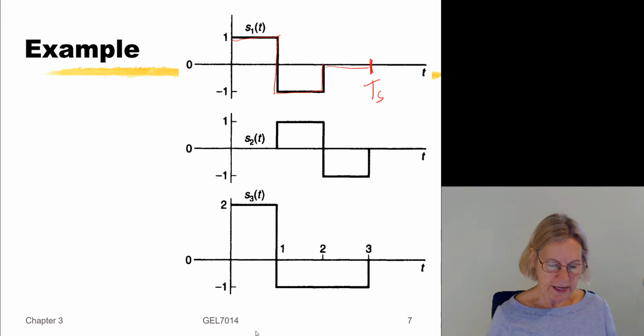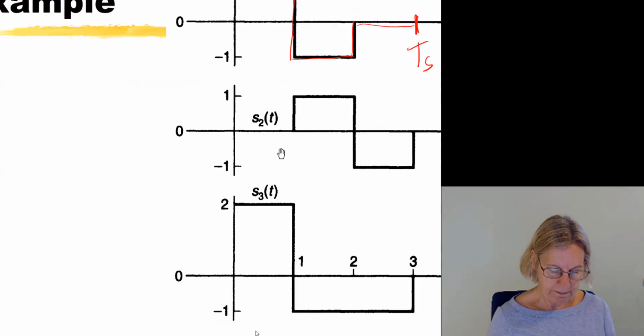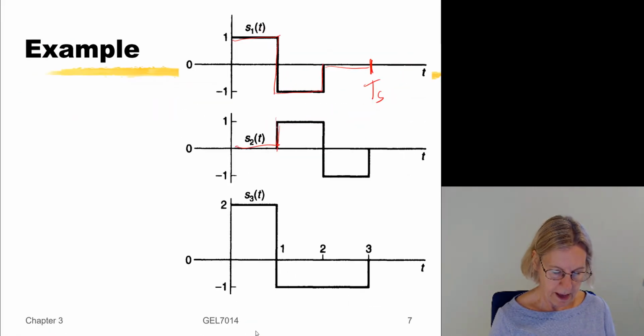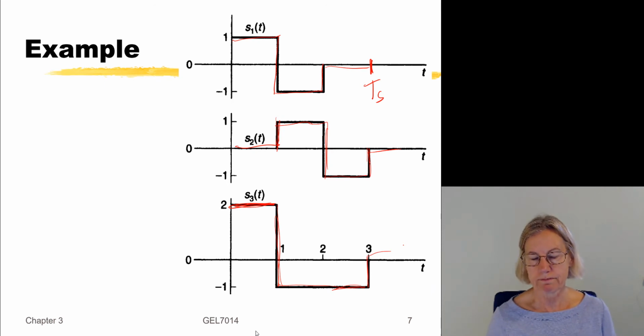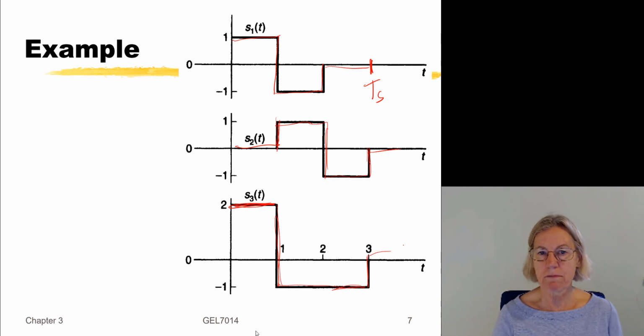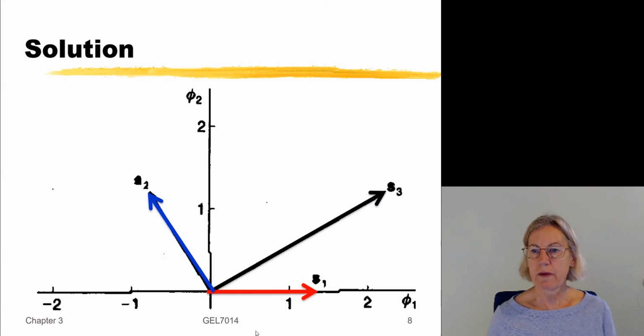And in the second symbol, I start out at 0, I go up to +1, down to -1, and then I'm over. And in the last symbol, the waveform is +2, down to -1, stay at -1. So the symbol time is 3 seconds, and I have 3 different symbols, each with a different waveform that I've chosen. And what I would like to show you is that this collection of symbols can be represented by these